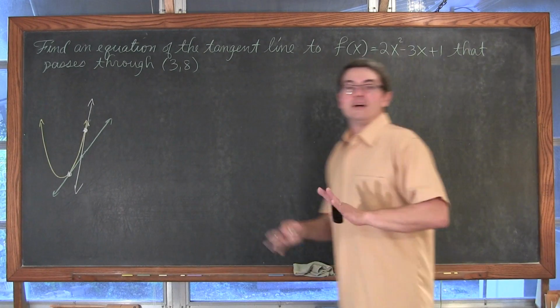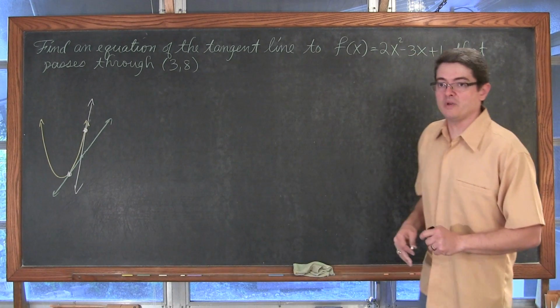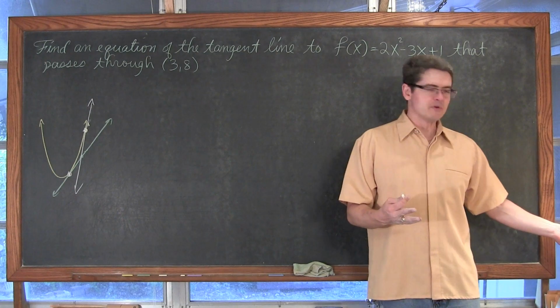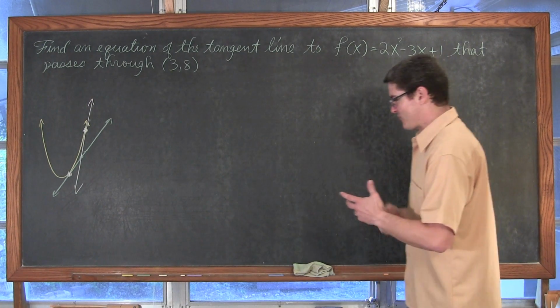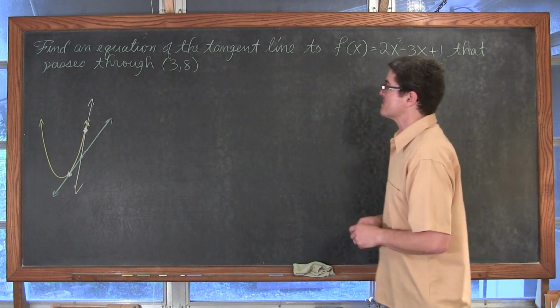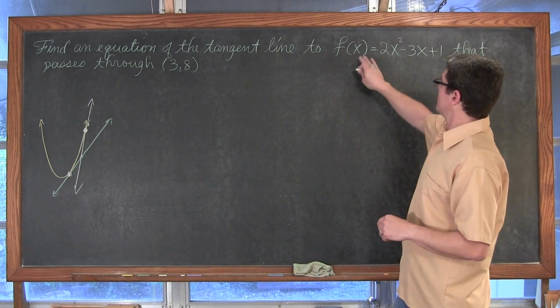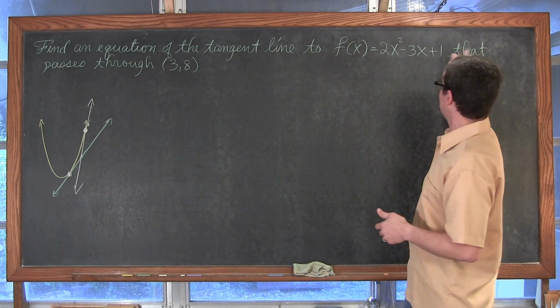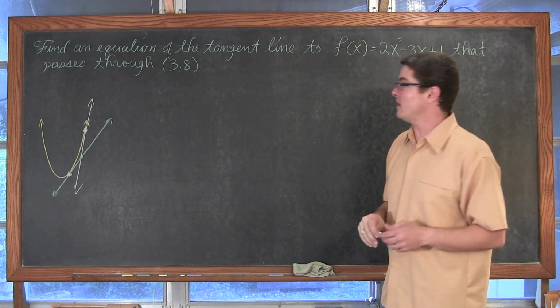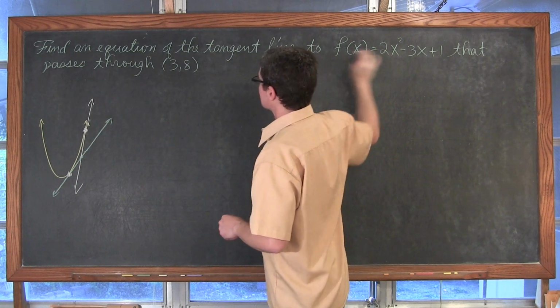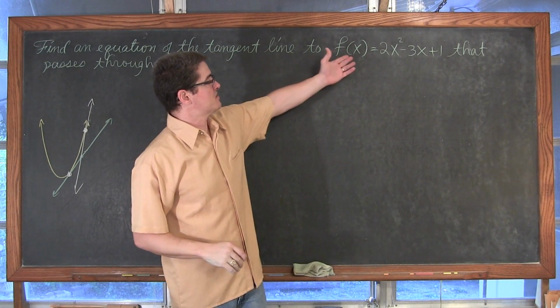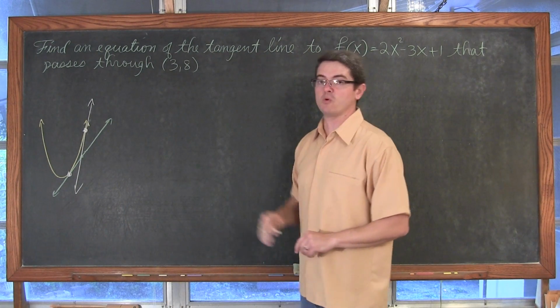Now our last example in the video is going to be probably the one that requires the most thought from you to figure out how to do these problems. Find the equation of a tangent line to f of x, again our common parabola here, which I just got done using the derivative of as well. I want a tangent line that is tangent to that parabola and goes through this point.